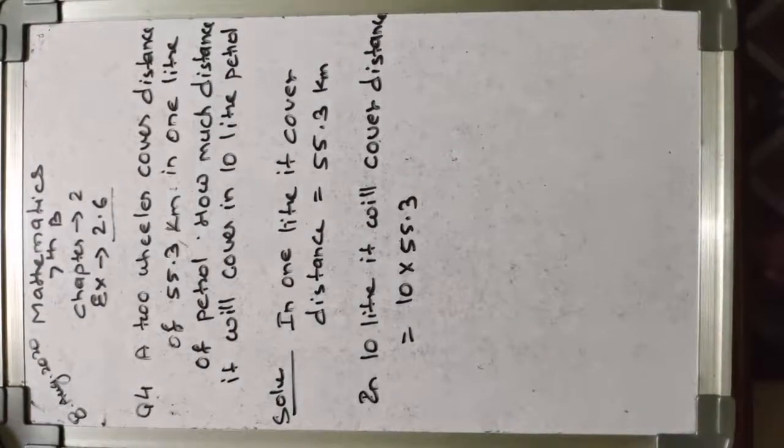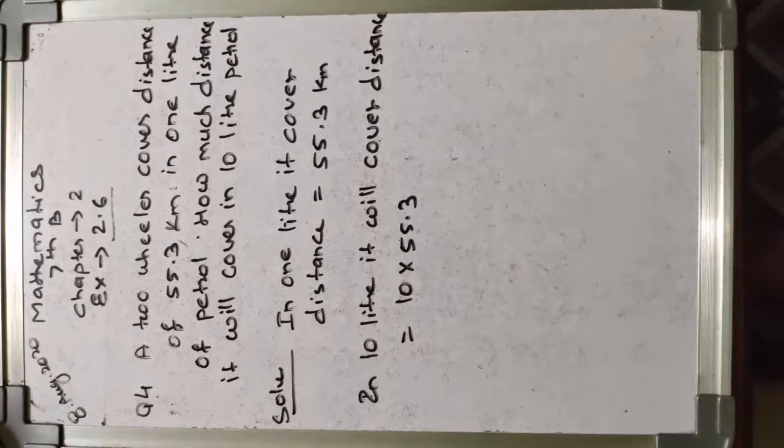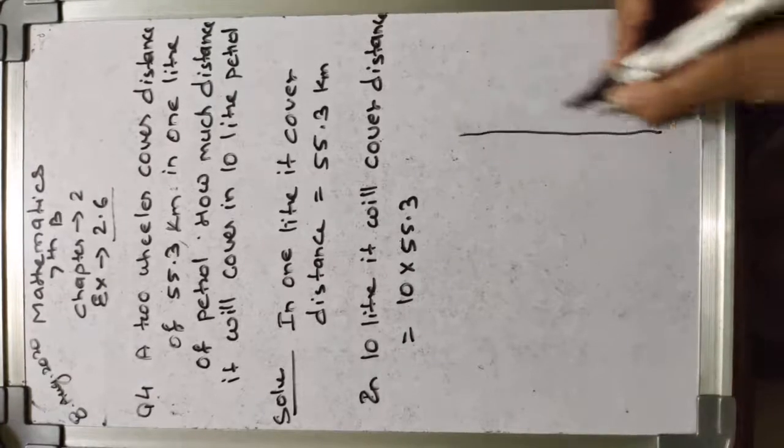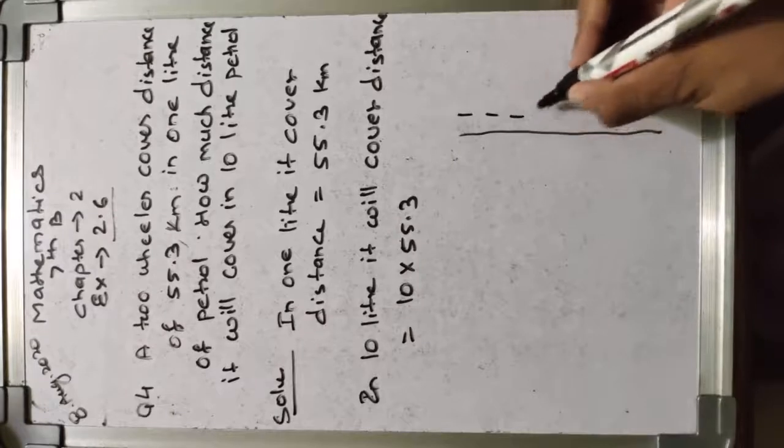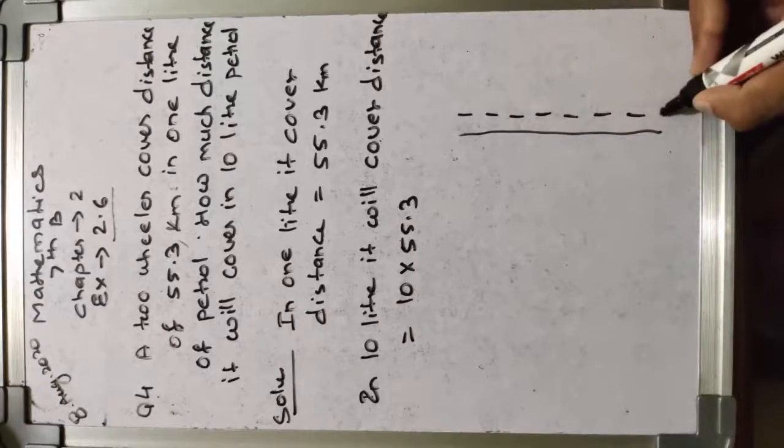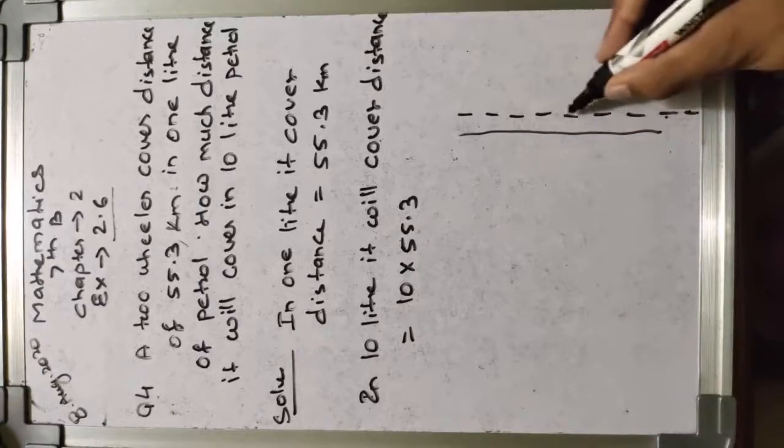Because in 1 liter it covers 55.3 kilometers. So if you add another 1 liter, it will cover 55.3 plus 55.3. Okay, for example, if you have this much petrol, 1 2 3 4 5 6 7